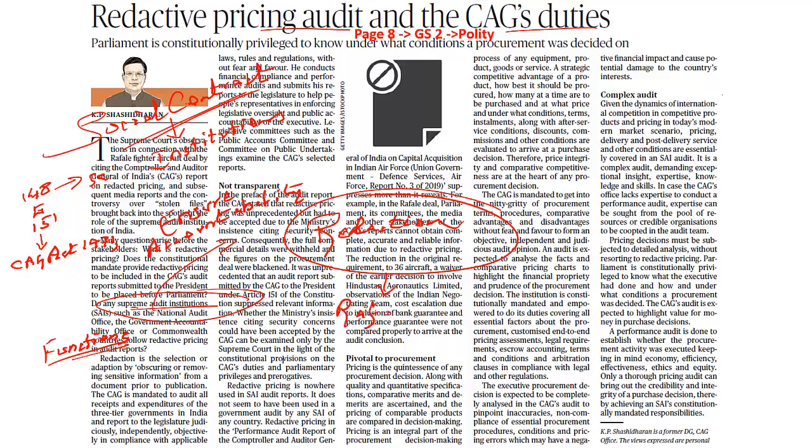According to the ministry, there were certain sensitive details. These sensitive details can be a security threat. So one of the ministries has come up and has also advised CAG to not publish these minute details. The point here is that all those full commercial details were withheld and the figures on the procurement deal were completely blackened, and this was delivered to the legislature.